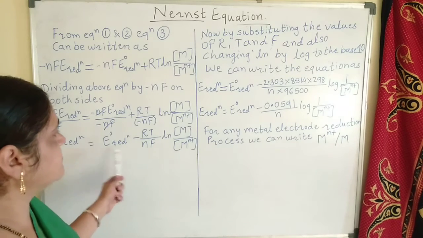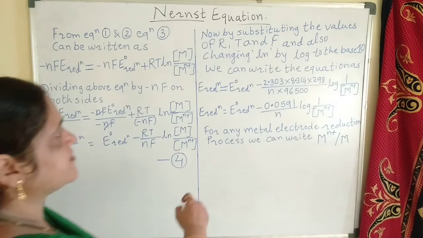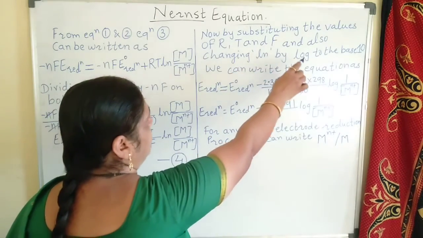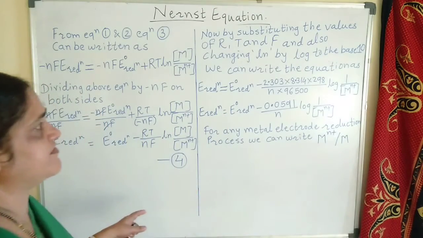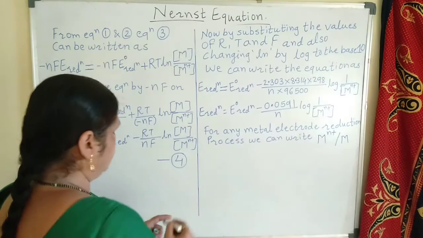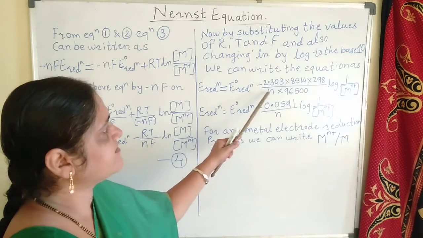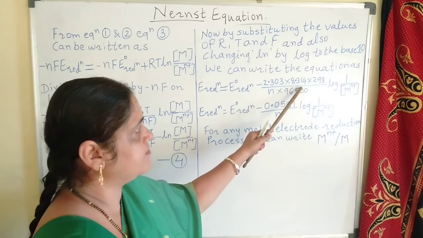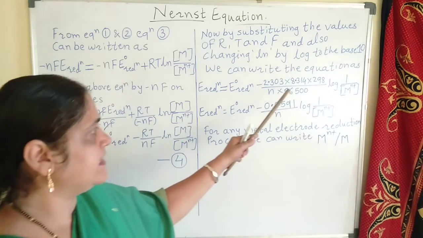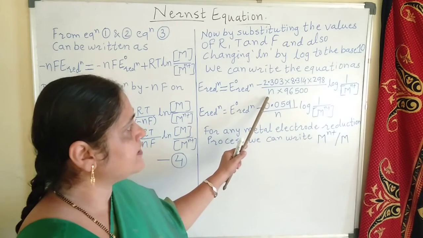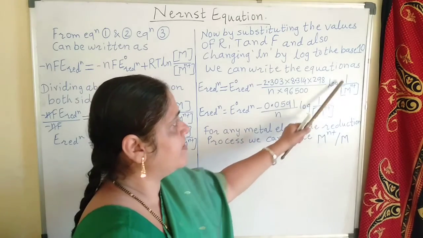Now, we have got this equation. We can write it as equation number 4. Now, by substituting the values of R, T, F and also changing natural log to log to the base 10, we can write this equation 4 as E reduction is equal to E naught reduction minus 2.303 into 8.314, which is the value of R, into 298, which is the value of temperature in Kelvin for 25 degrees Celsius, into n into the value of 1 Faraday, right, into the log of 1 upon Mn+